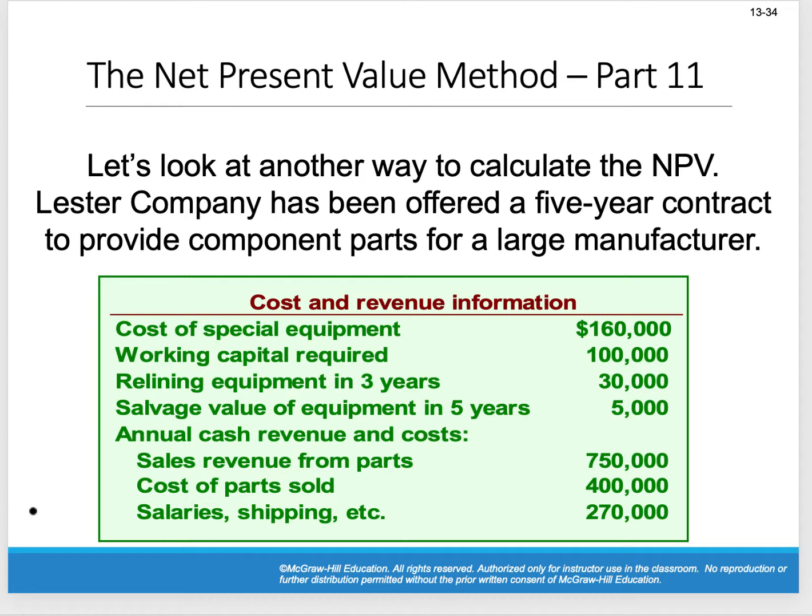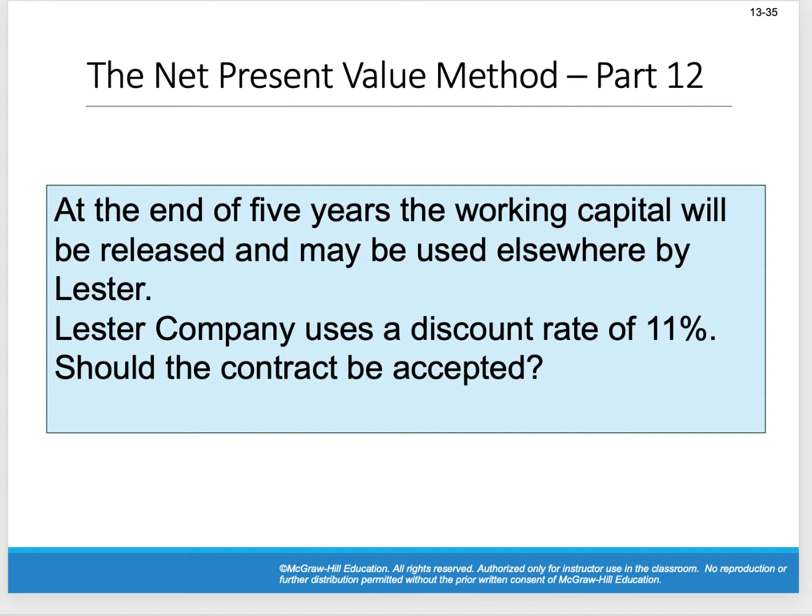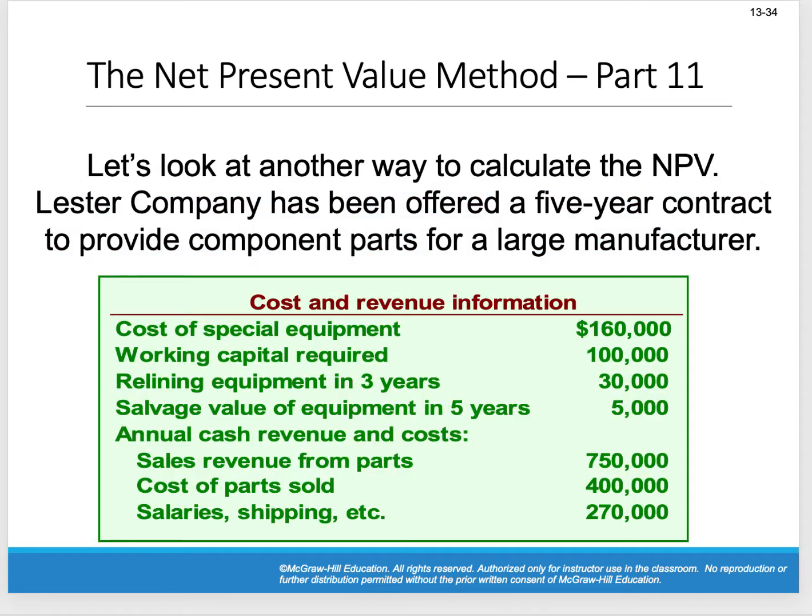If we look at this one, notice that there's another way we can look at the net present value. Okay, it's the same, the first example we just looked at, right? Same example. But what happens if we change up something, right? What are we changing up? Well, what if our net cash inflows change. Okay, so we have a 5-year contract, right? To provide component parts, right? $160,000 special equipment, $100,000 in working capital,